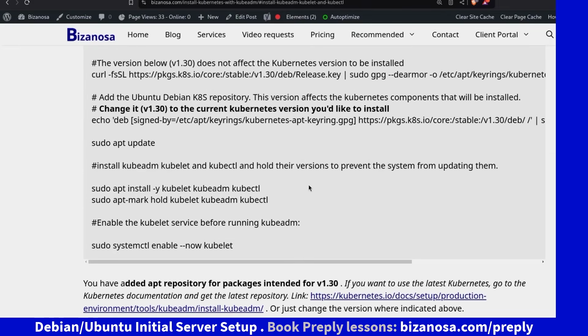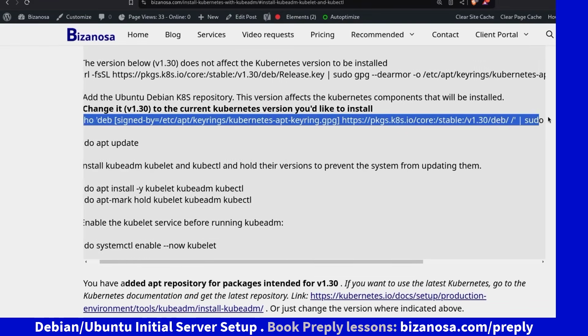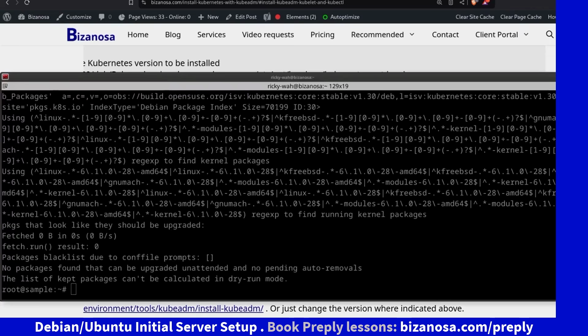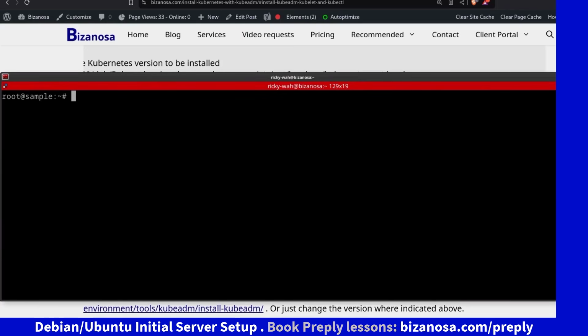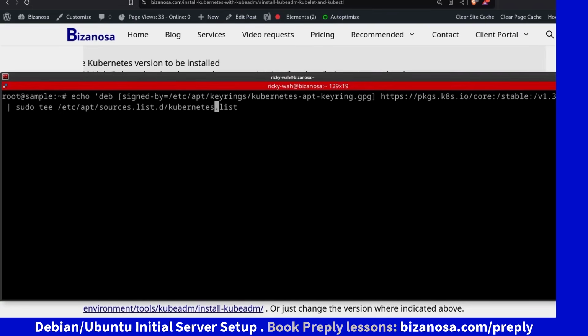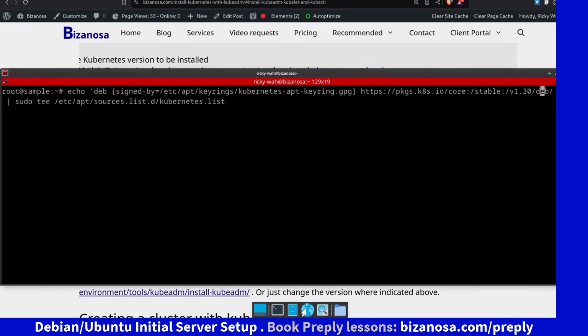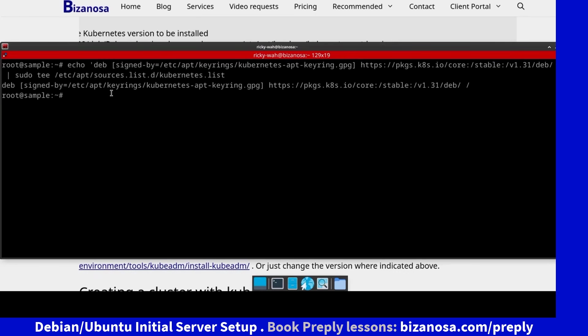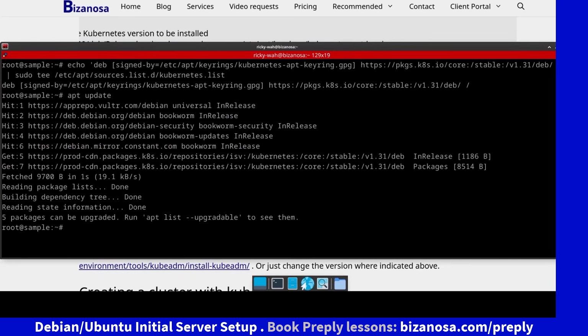So let's replace the Kubernetes version from 130 and let's make the new Kubernetes version. Let us say that we change the Kubernetes repository from version 130 to version 131. So if I change it to version 131, you'll see that now there is something to upgrade. So I've changed version 130 there and then enter. Kubernetes repository has been updated. So let's do apt update and check if, okay, so now that I can see 5 packages can be upgraded,